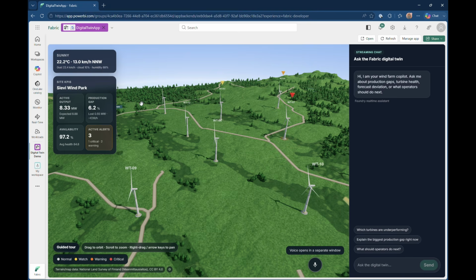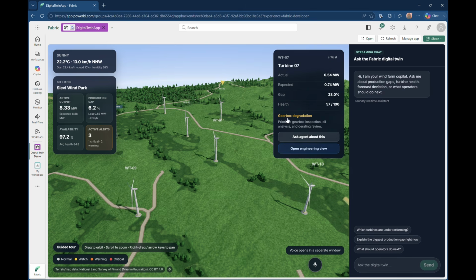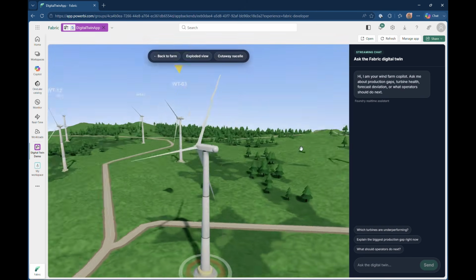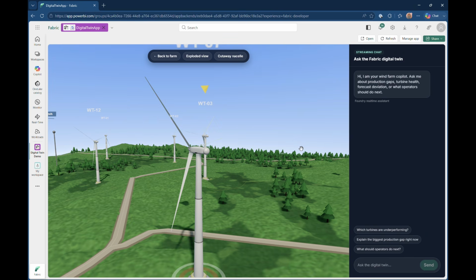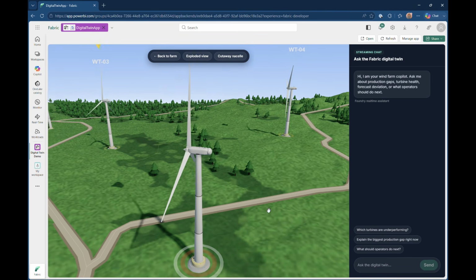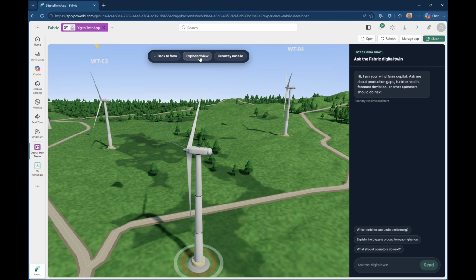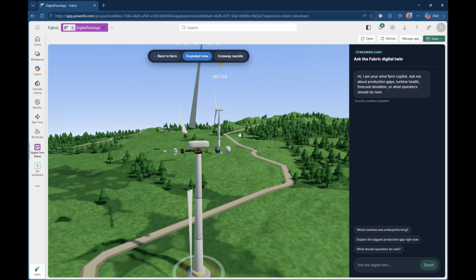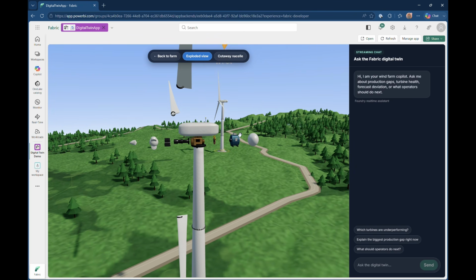And here we can see that when we click on a turbine, this turbine number 7 has some gearbox degradation. So let's open up an engineering view of this turbine. Now we can see the turbine in a closer-up view, and then we can also explode this. Now, this turbine is a real 3D digital